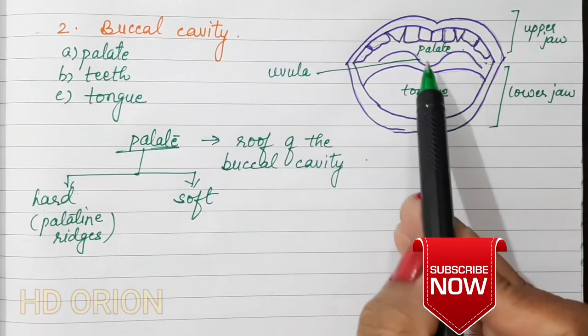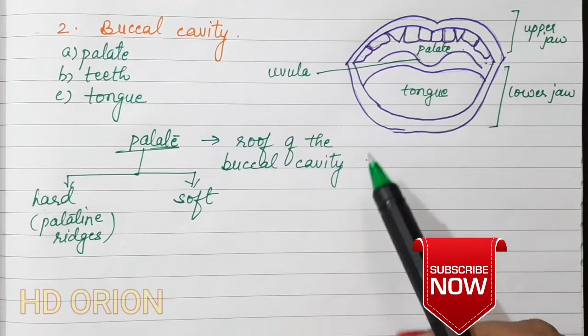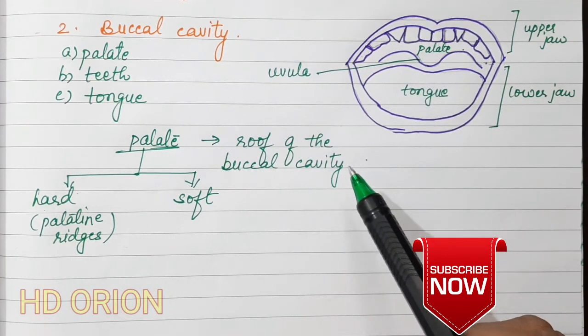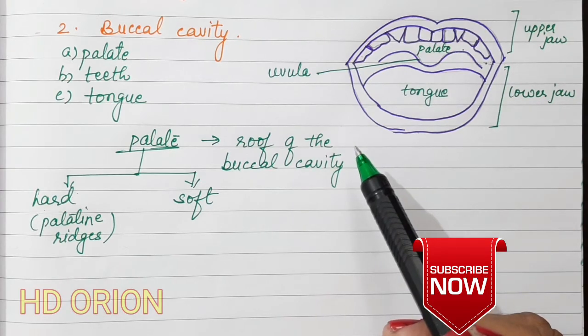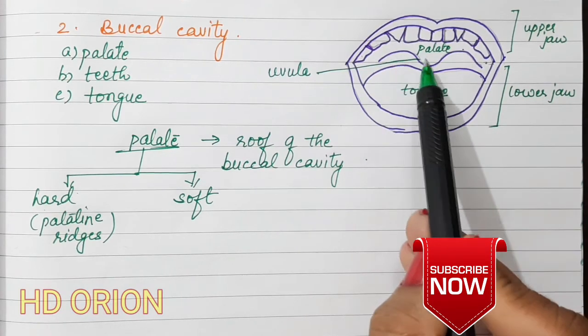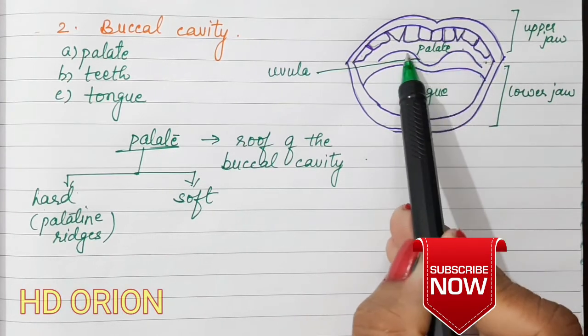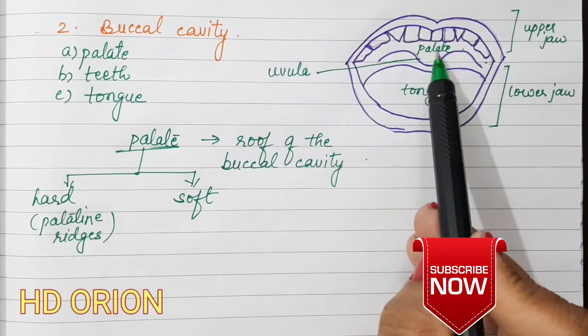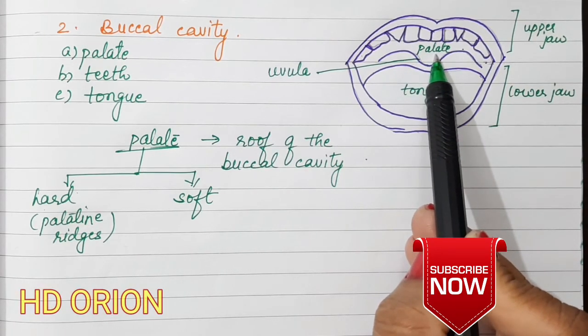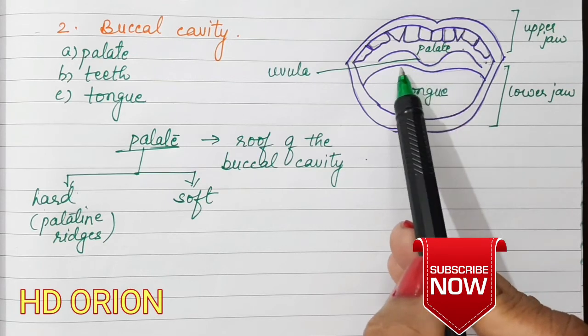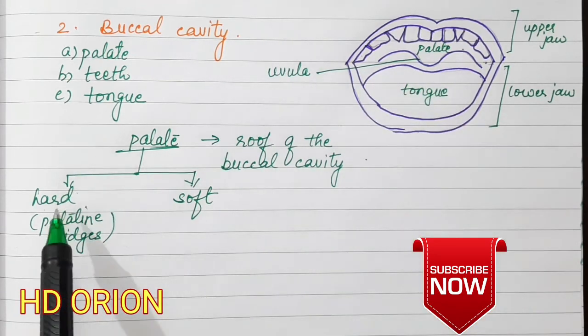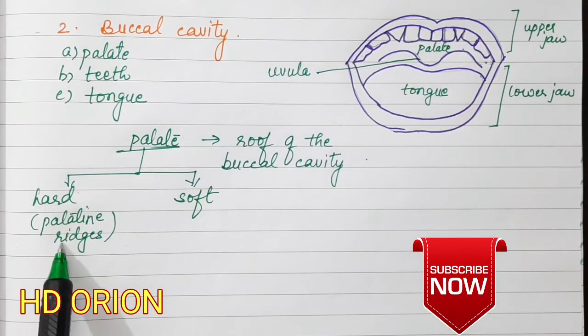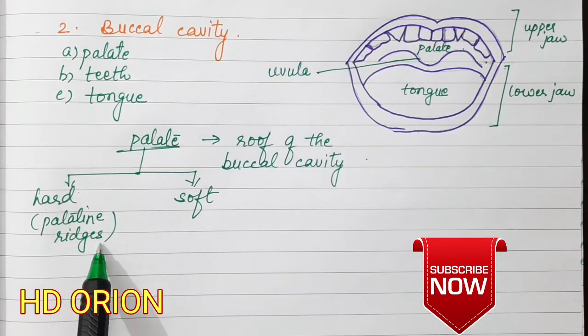So when you open the mouth, the uvula closes the internal layers so that the food does not gain entry into the nasal cavity, and therefore this is an extension of the soft palate. The soft palate becomes very slippery. This facilitates the food to be swallowed easily, while the hard palate, because it has the ridges, allows the food to be in the mouth for the chewing part, so that the teeth and the tongue